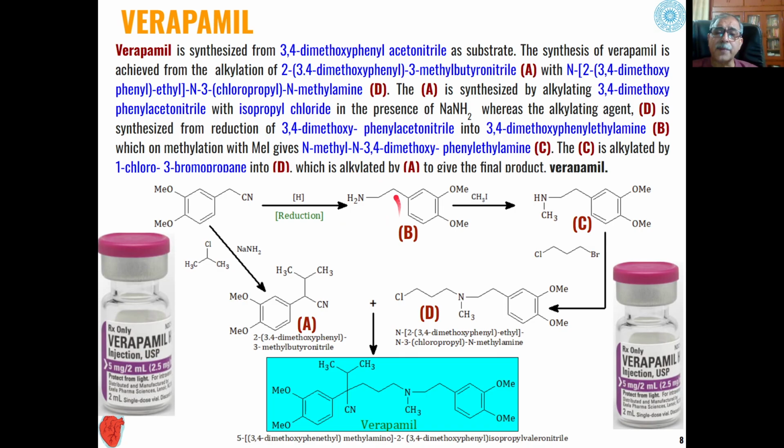Then this primary amine form will undergo alkylation with methyl iodide. So N-methylation will take place to give us this alkylated amine, and this alkylated amine will further undergo alkylation with this